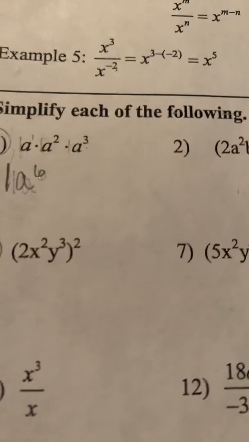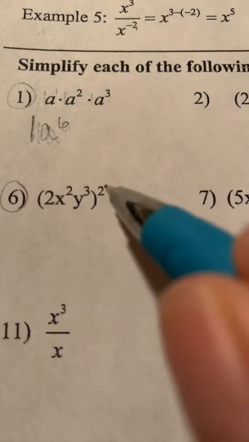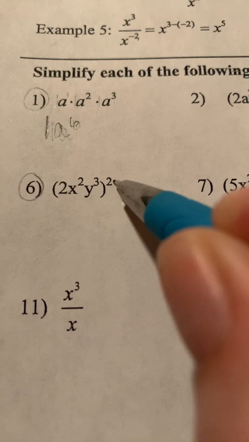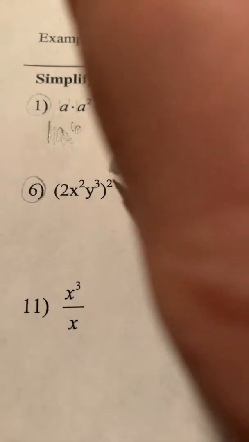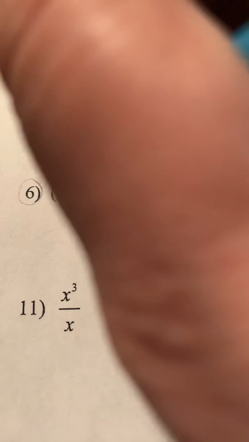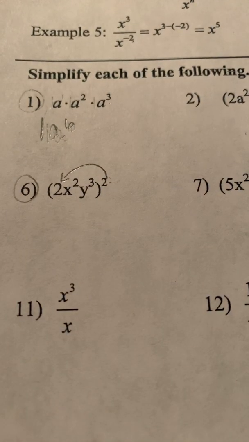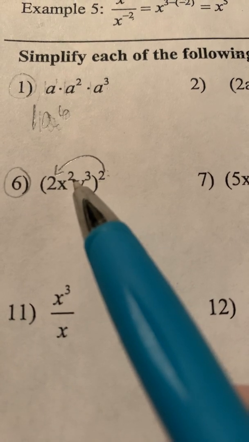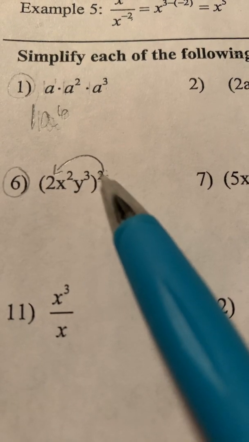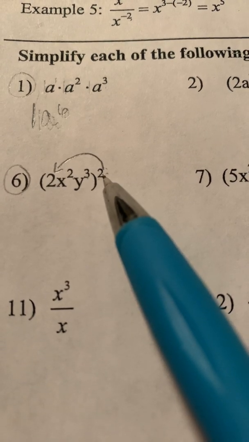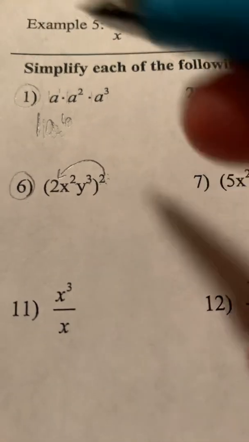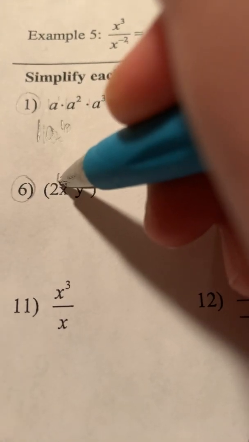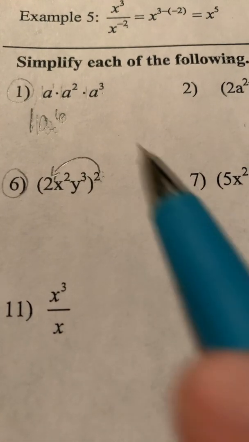Okay, this is raising a power to a power. So this little 2 on the outside kind of works like a distributive property. This 2 is going to raise the coefficient 2 to the 2nd power. Then when we raise a power to a power, we use multiplication. So this is going to be 2 times this 2, and then 3 times this 2. Really, there is an exponent of just a 1 on the x, so you are taking 2 times that 1. So we're going to be left with 2 squared